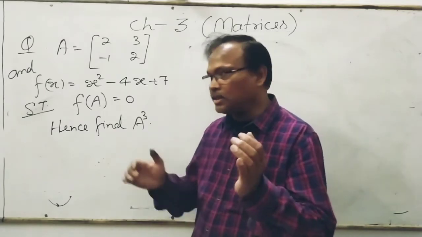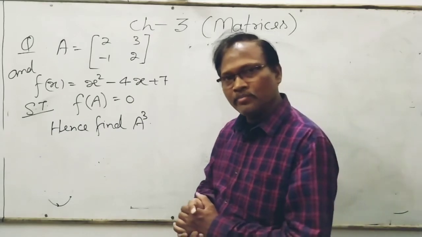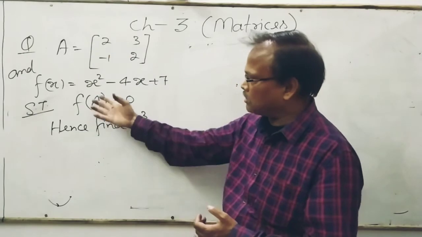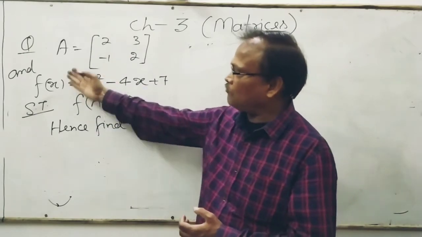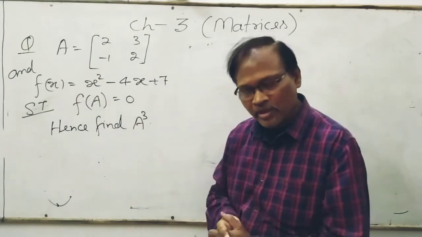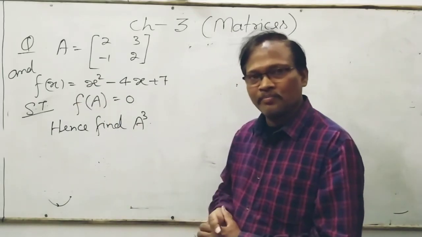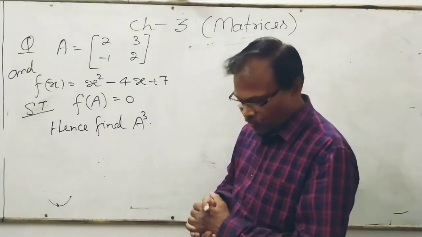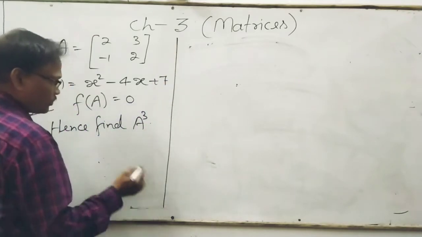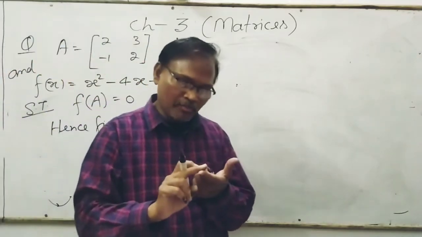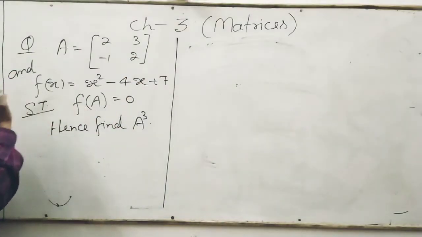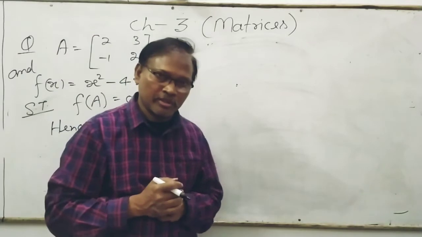Generally, when you see the question, you feel that this is very easy. How can we do the question? A and this f(x), and we put the value of x equal to A. Like this you will get the solution successfully. But there is a point. What is the point? First of all, you can get multiplication, addition and subtraction, all the three, in the solution of this question.